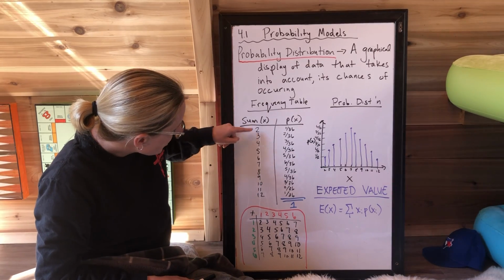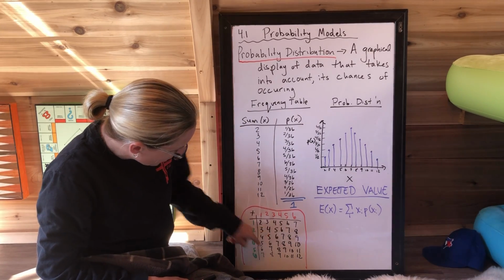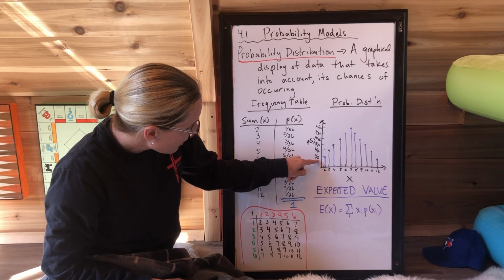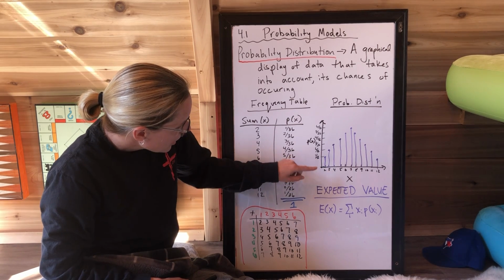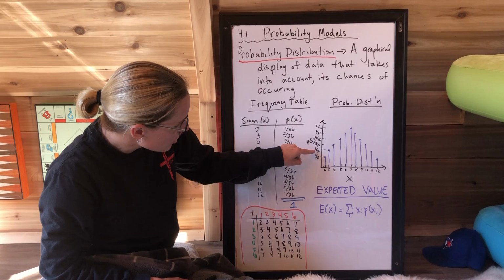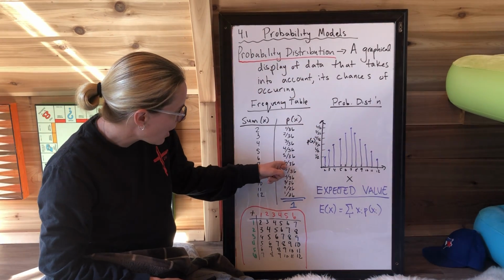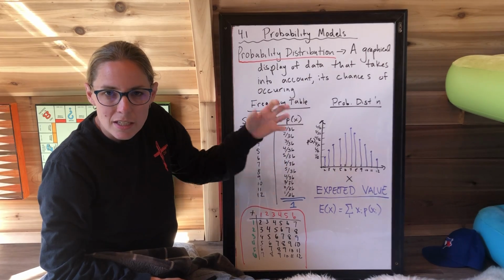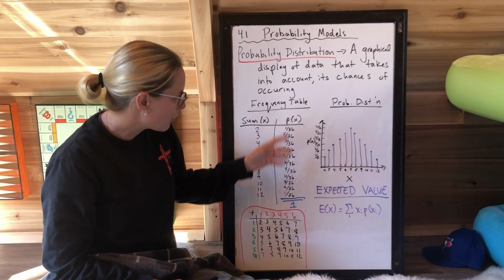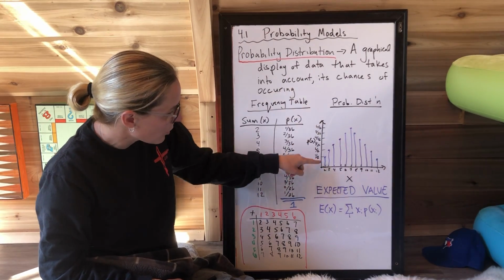So we already see the probability of getting a 2 is 1 out of these 36 scenarios. And that's my first tick mark here. Now you'll notice I went from 1/36 to 2/36 all the way up to 6/36. I don't have to go higher because that's my highest probability that exists. When you're picking a probability scale, just look for your lowest and highest and pick something where the increments go